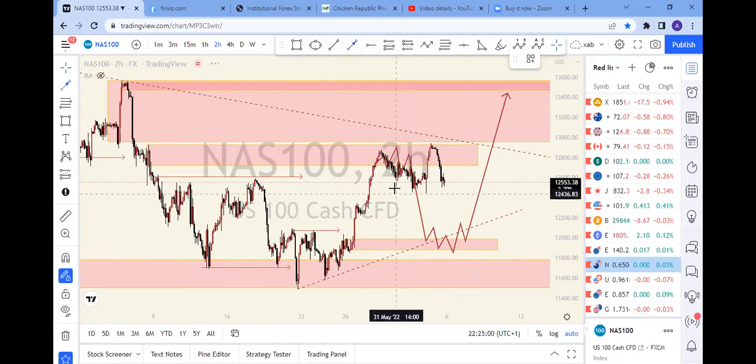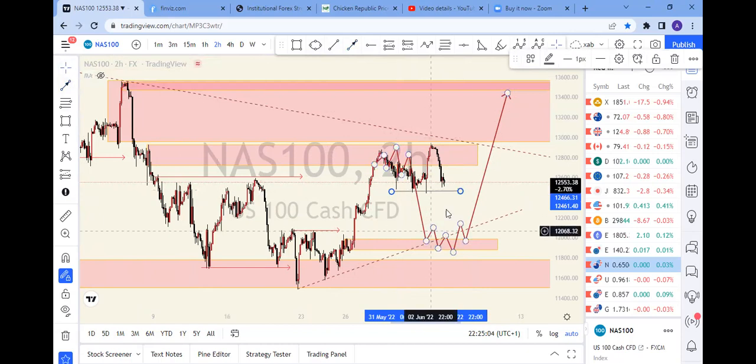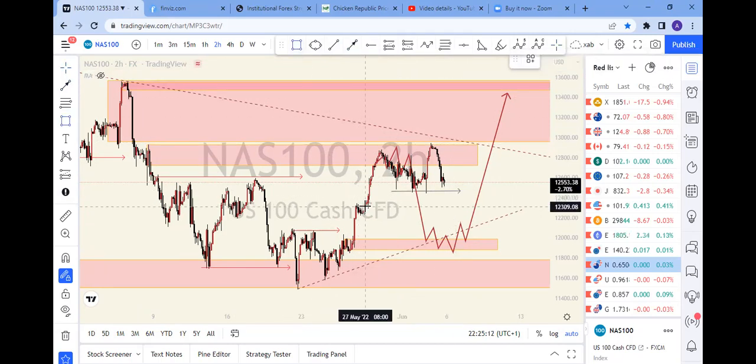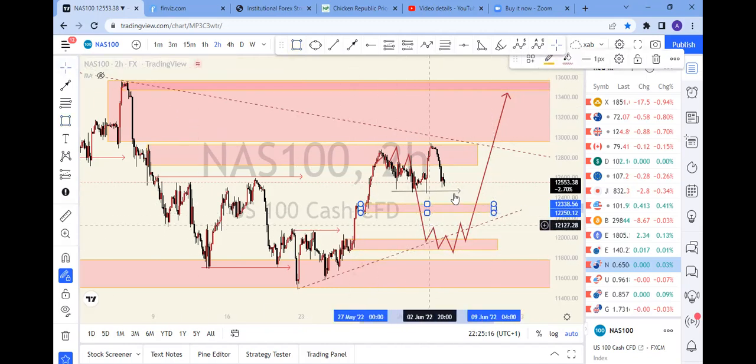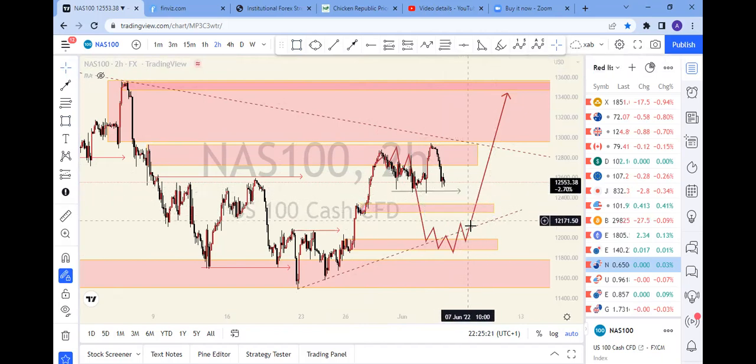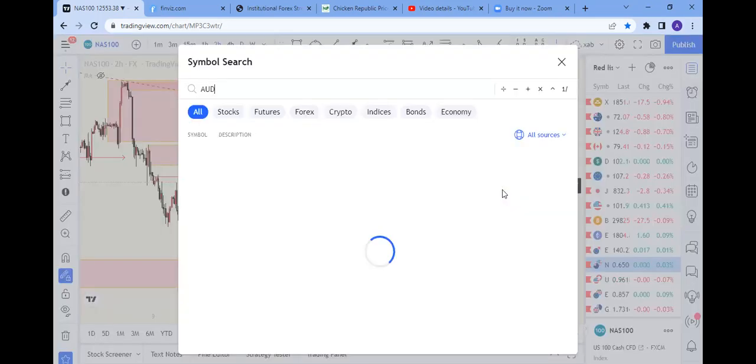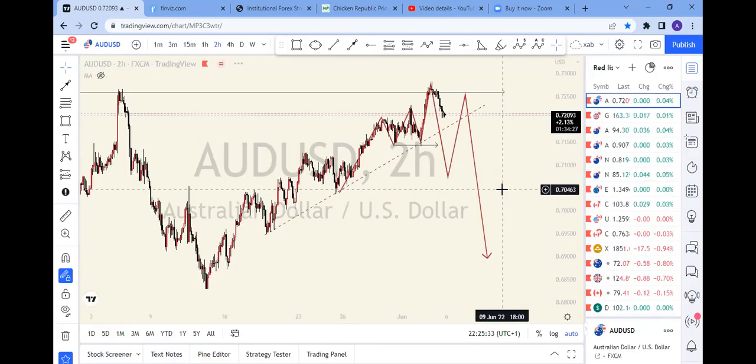Might want to watch out for this level, or probably we get a break of that level. Maybe coming to that area, maybe dance around a little bit, come lower or something. But be sure to get the best confirmations that we've talked about. The entry confirmations is what really matters.